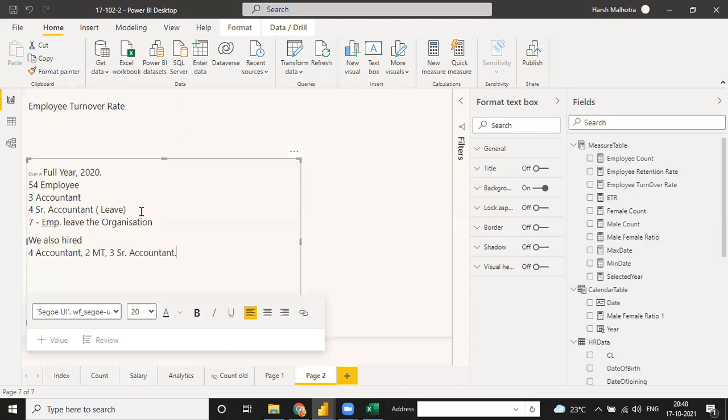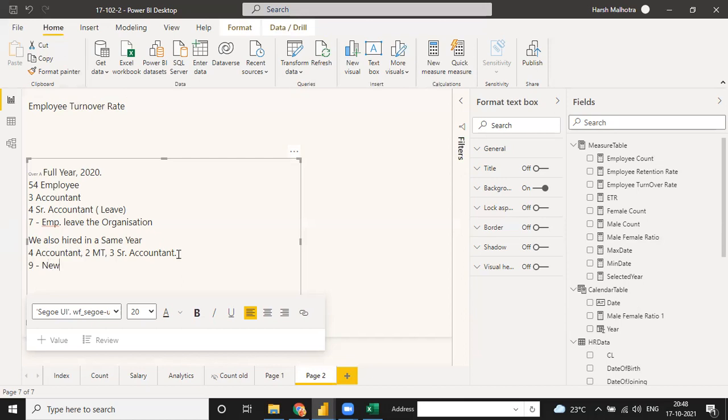We have hired 4 accountants, 2 MT, and 3 senior accountants in the same year. So turnover means the number of employees that have to be replaced in a given period of time. We have 7 leave and we have hired 4, 2, 6, and 3, 9.